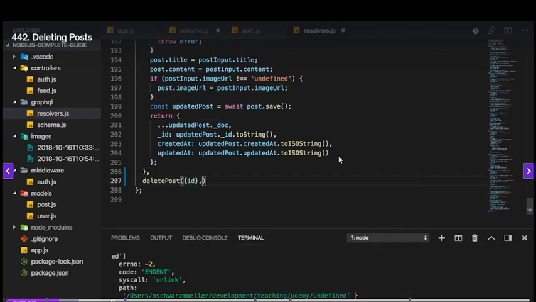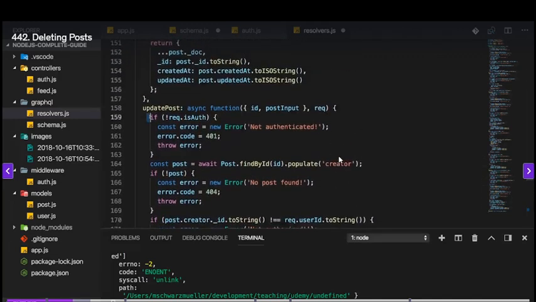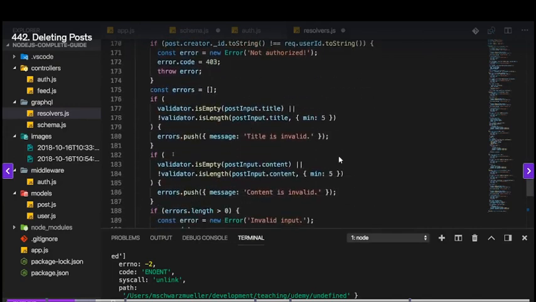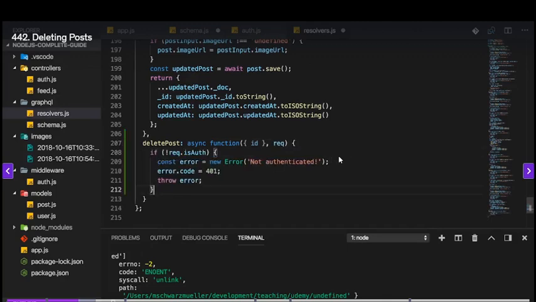I'll retrieve the ID from the incoming data package, so to say, from the arguments object. And I'll write this in the async function syntax again so that I can use async await. And again, I'll start by checking the login status. Now, obviously, you could refactor this into a common function. I deliberately have the more verbose setup here to make it really clear that we have this check in every